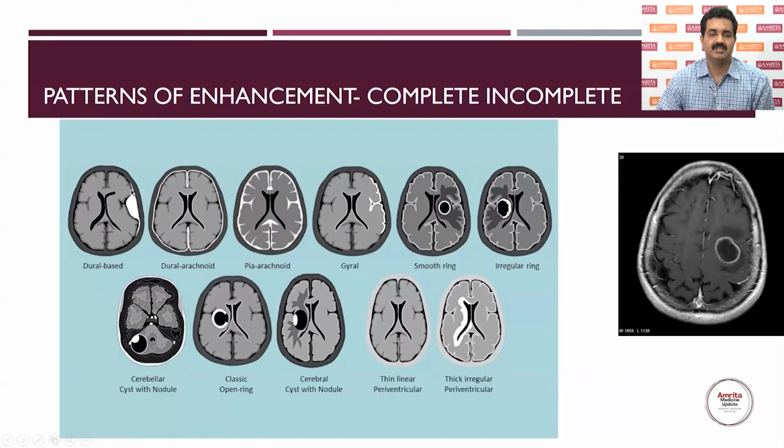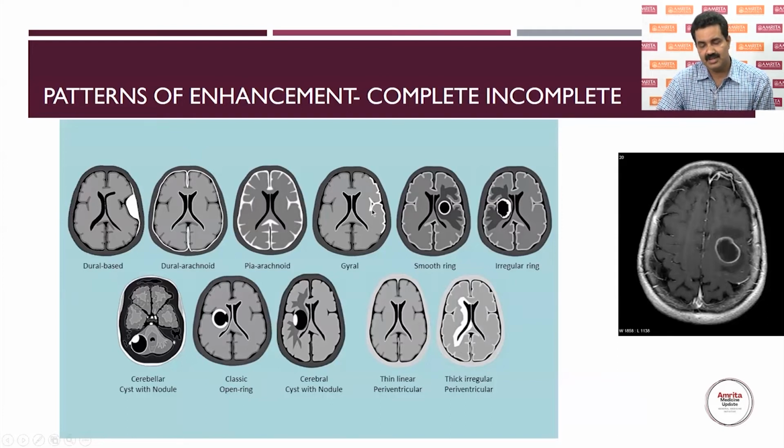We can see the dura here, and there is a dural tail, and there is an enhancing lesion. So this is a meningioma. This is a dural tail. And then we have dural arachnoid enhancement. You can see those coming down to different parts of the layers. And pia arachnoid means it will be going deeper into the sulci.